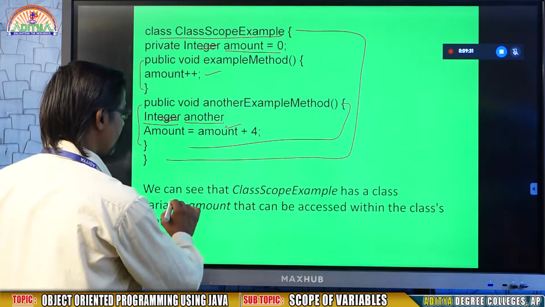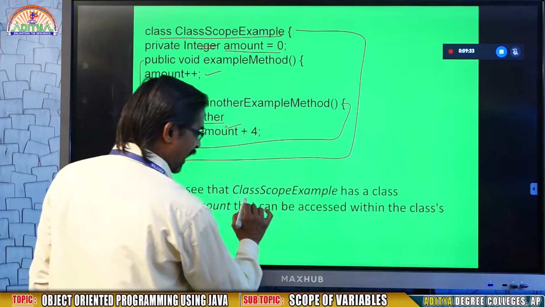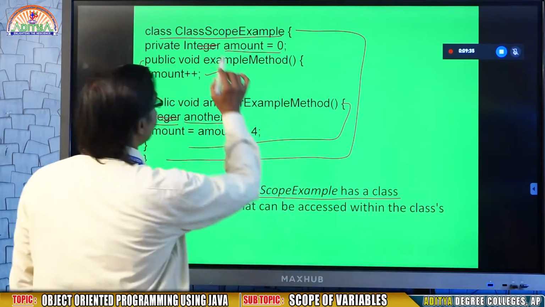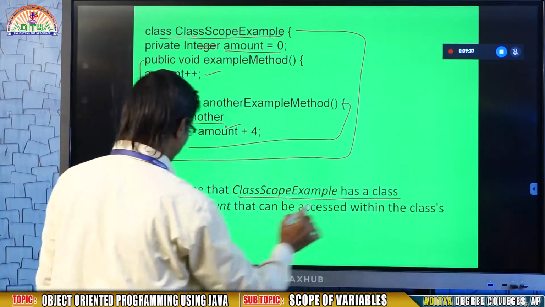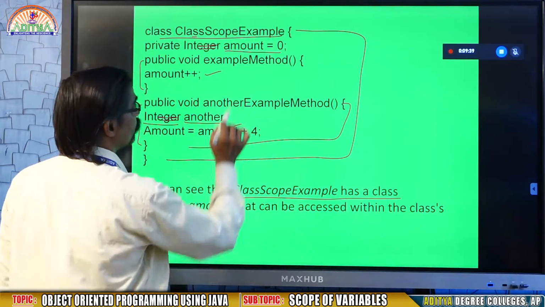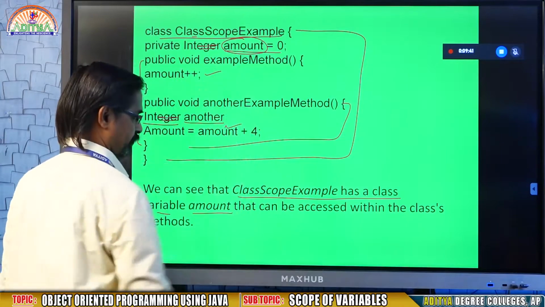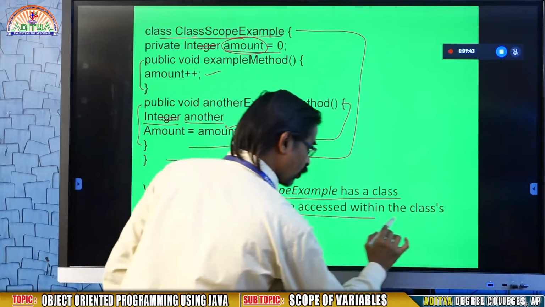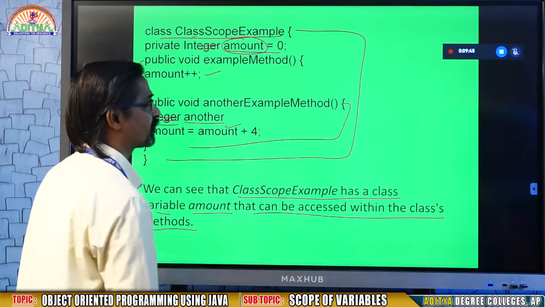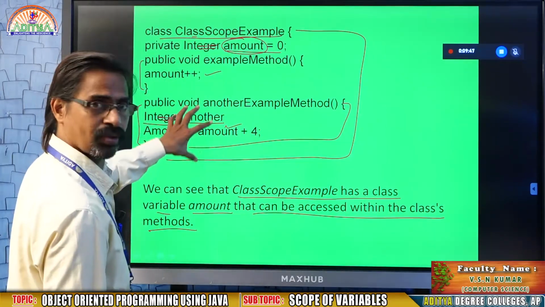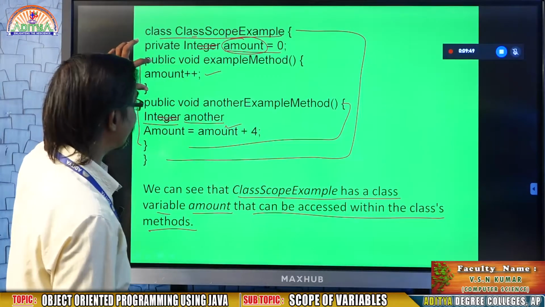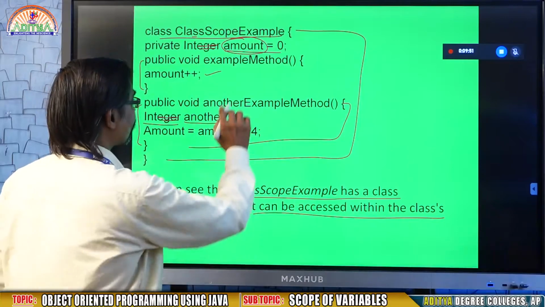So this is a class scope example, which has a class variable amount. That can be accessed within the class methods. What are the class methods here?